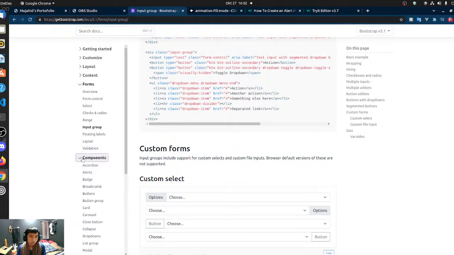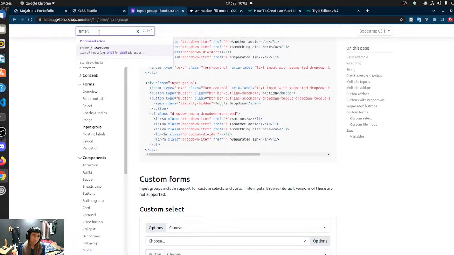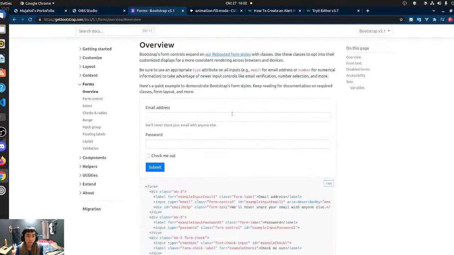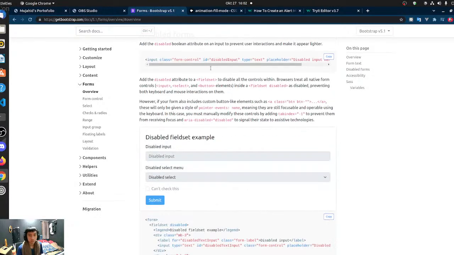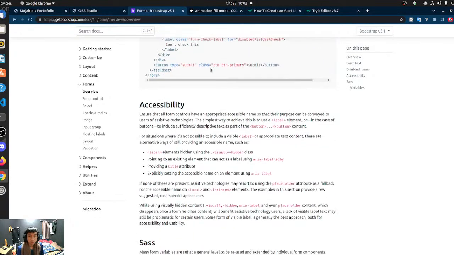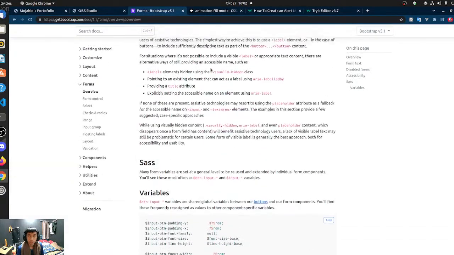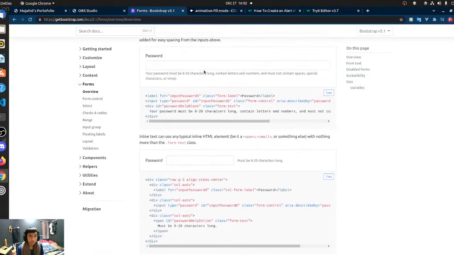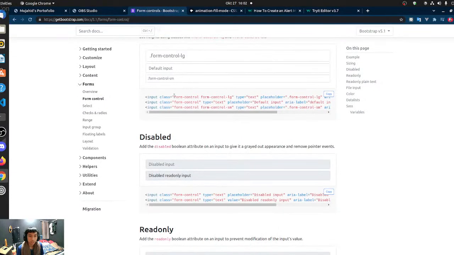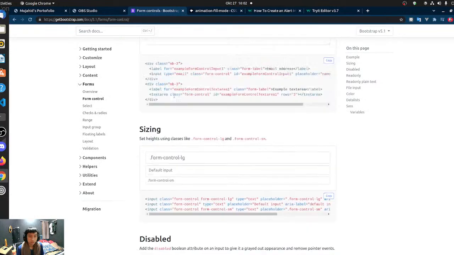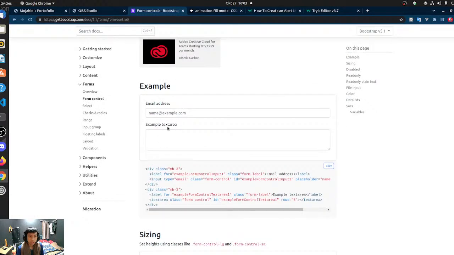Validations, no. Like email, email overview, forms, email password, no, I don't have this. Wait, is this form control? I guess, yeah. Nah, I need this one. So yeah, this thing, because